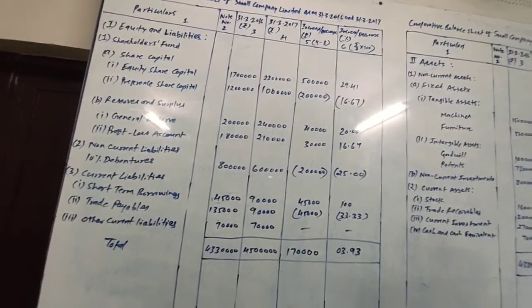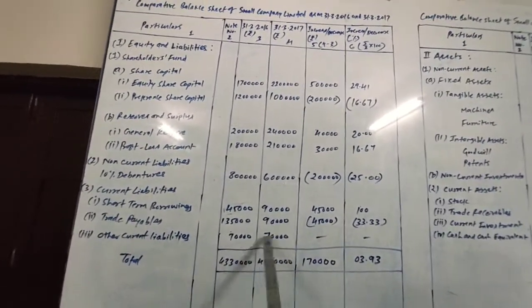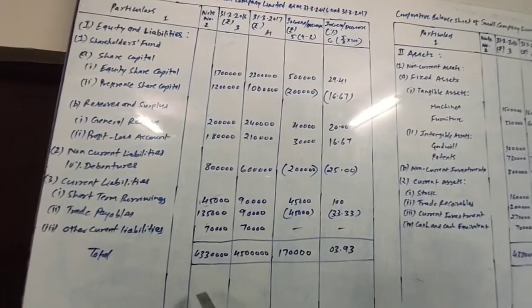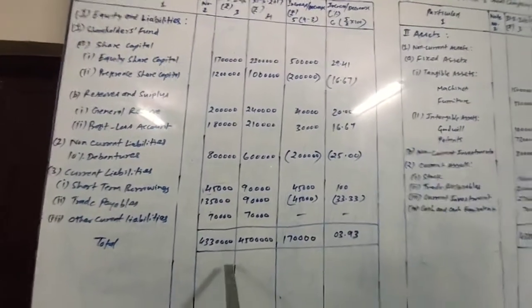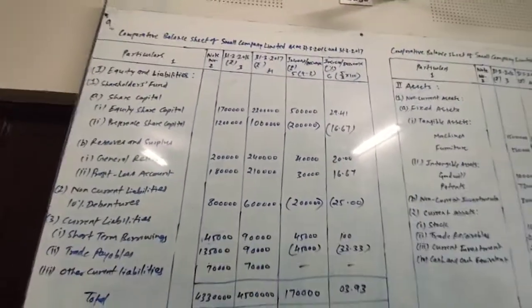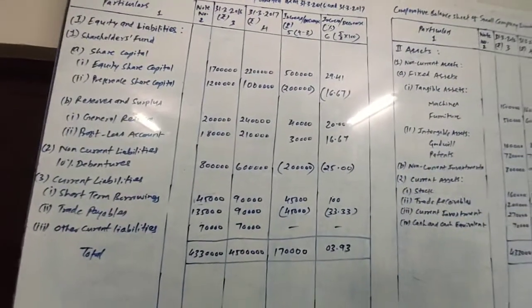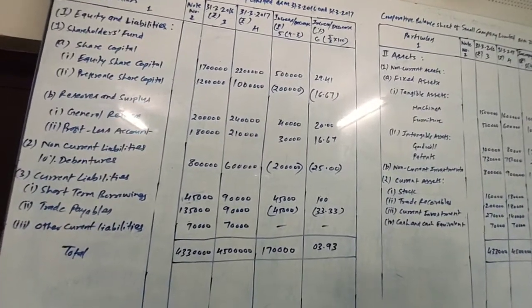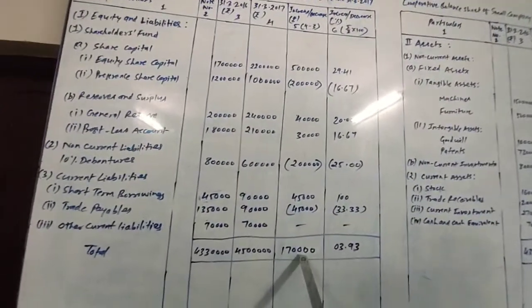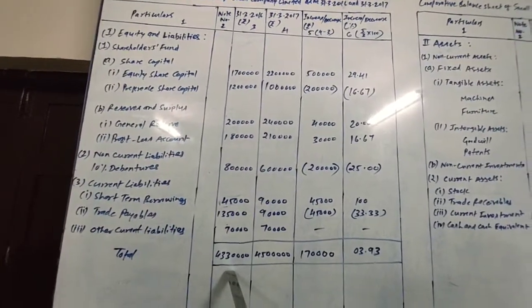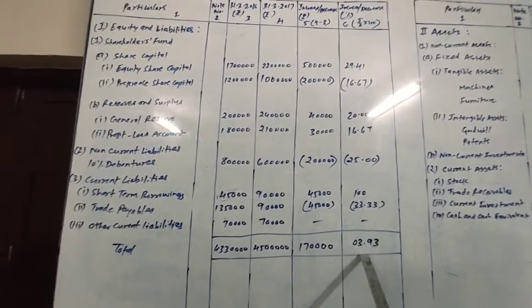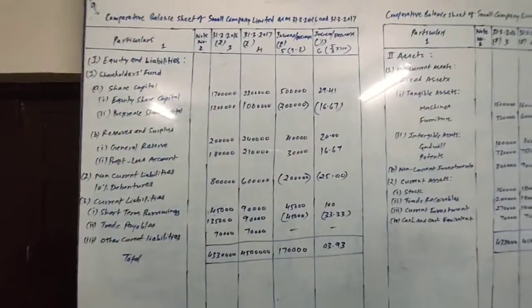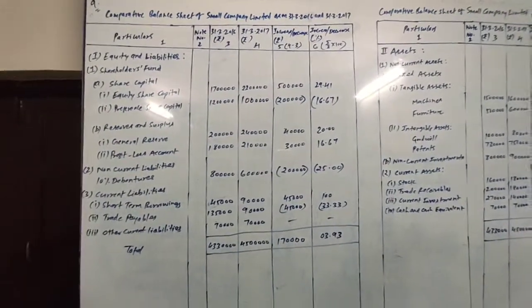And then last item is given other current asset, which is 70,000 in both the years. So there is no change in rupees or in percentage as well. And then the total of balance sheet was 43,30,000 in the year 2016, and then it became 45 lakh. So there is an increase of 1,70,000, and when we convert this in percentage, 1,70,000 divided by 43,30,000 into 100, we get 0.93%. So friends, this was the comparative balance sheet liability side.